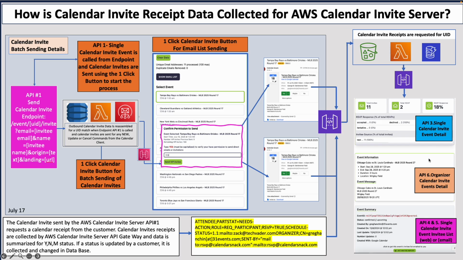API number 3, API 6, and API 4 and 5 are collecting artifacts from the calendar invites themselves and visualizing into these event information pages, the event message body, and then the event summary where we're tracking the UID. Now what happens with these individual calendar invites